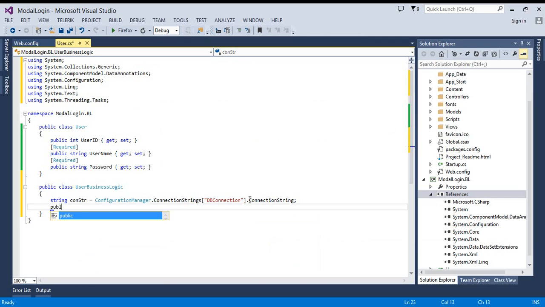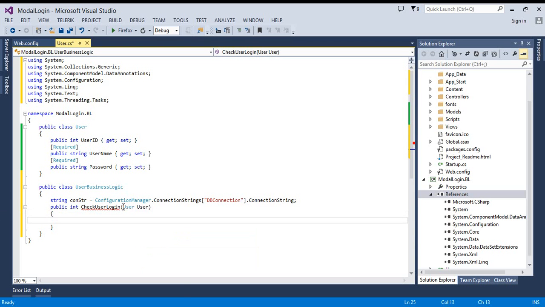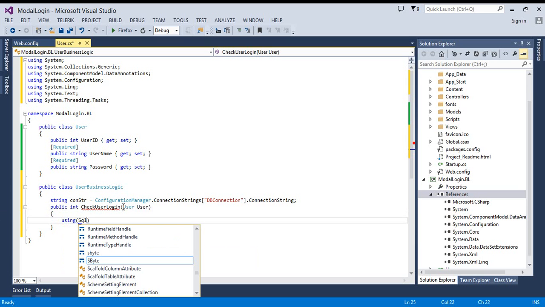Now public int check user login. Okay, this is the function, or method, that's going to check the user login. We are going to pass the user object. So using SQL